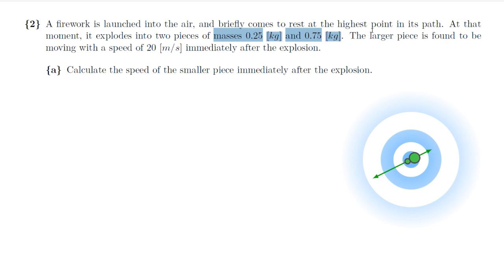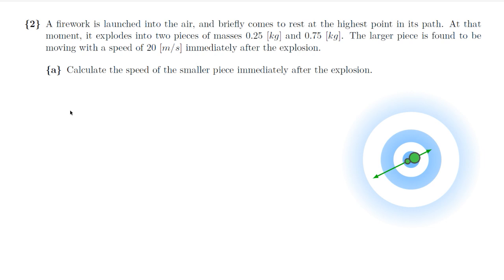The larger piece is found to be moving with a speed of 20 meters per second immediately after the explosion. We're going to calculate the speed of the smaller piece immediately after the explosion, given the information about the larger piece. So with this one,